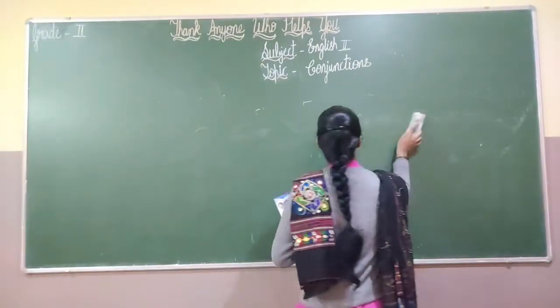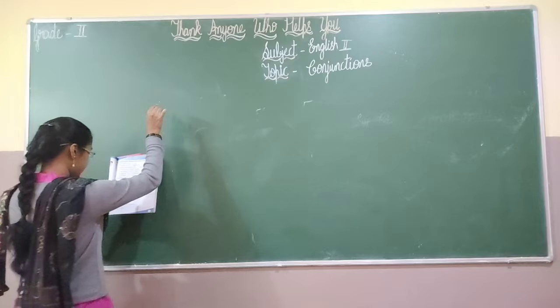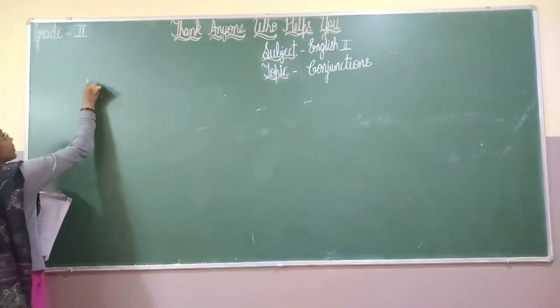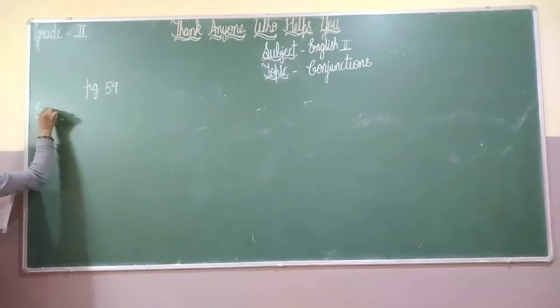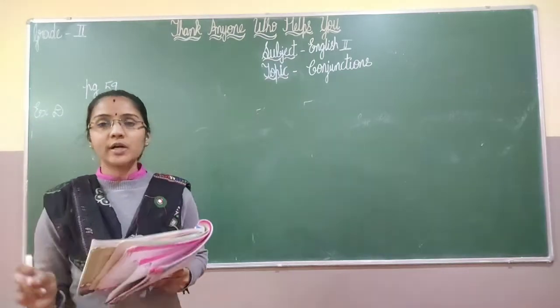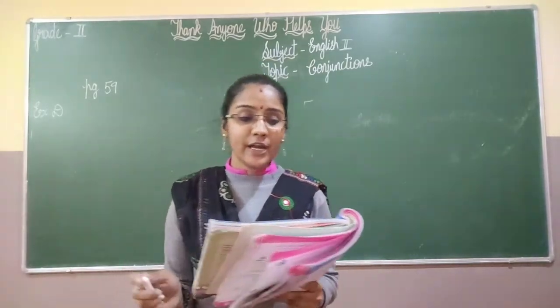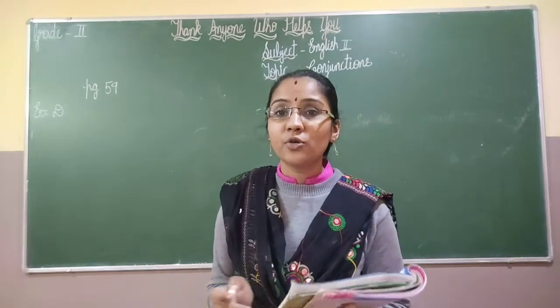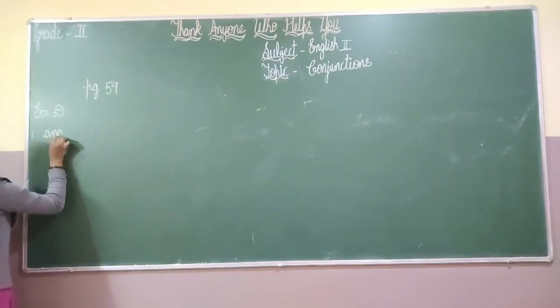Now take out page number 59. Okay? So now exercise D, children. Page number 59, exercise D. Okay? Here, fill in the blanks choosing the correct word from the bracket. Here we have to choose the correct word from the bracket and we need to complete. We have a dog dash a cat. So we have a dog and a cat. So the first one is what, children? "And". A-N-D.